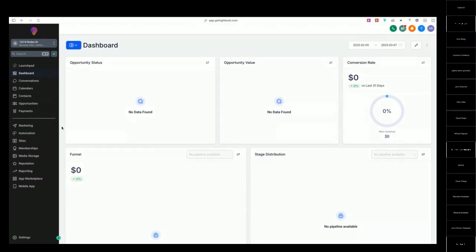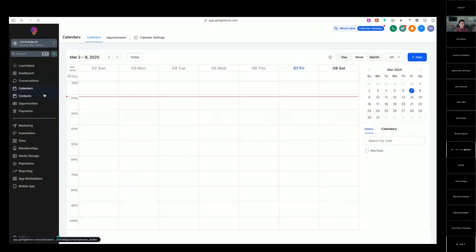So what we're going to do now is first start setting up our GHL. In GHL, we're going to be creating a private key. This private key is going to allow us to communicate from Retell over to GHL. So make sure that you go to your GHL account. Once you're there, you can see I have this dummy sub account. I don't really have much in here other than maybe